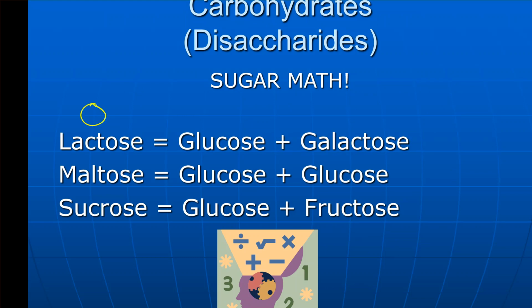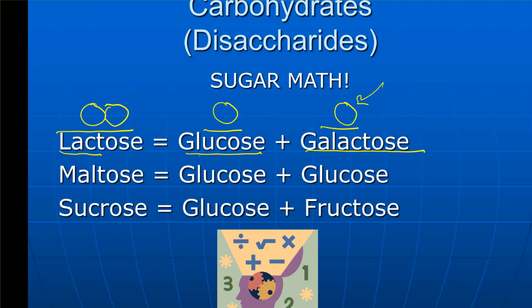So everything in this column is a disaccharide. It's a double sugar. And everything on the right, these are the two monosaccharides that are linked together. All right, lactose, we make lactose by linking together glucose and galactose. So I know you want to think galactose is a big molecule because it's a big word, but sorry, it's